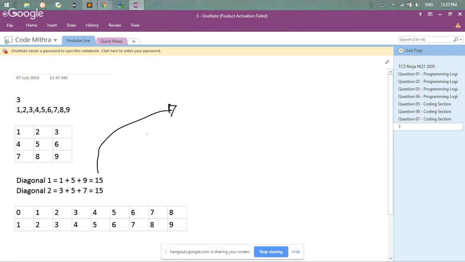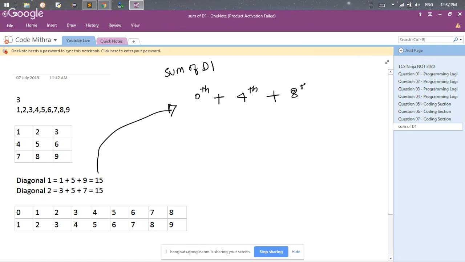doing is I'm adding the 0th element. For the first diagonal sum, d1, it is the 0th element plus the 4th element plus the 8th element, right? And then for the sum of diagonal 2, what I'm adding is I'm starting from